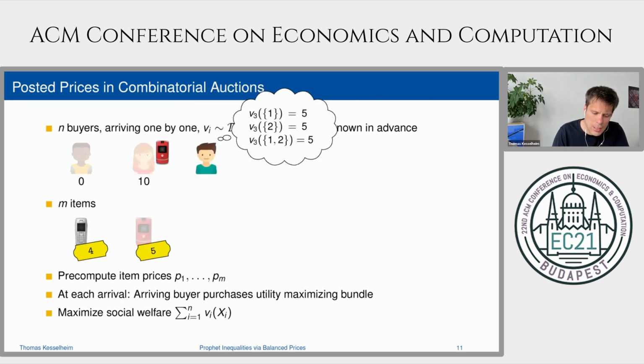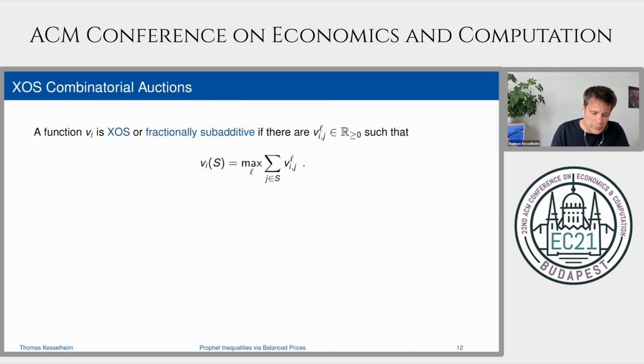Now he has a utility of 1 when buying the first item, so he will do this. He cannot buy the second item because the second item is already gone. So of course, this utility maximizing bundle is only taking over all remaining items at this point. Now, what will be important to get any approximation guarantees is what you can assume regarding these